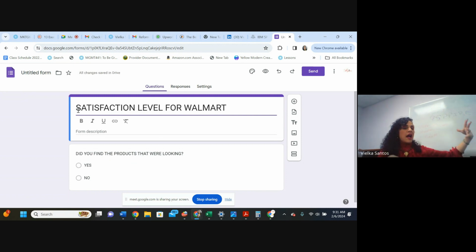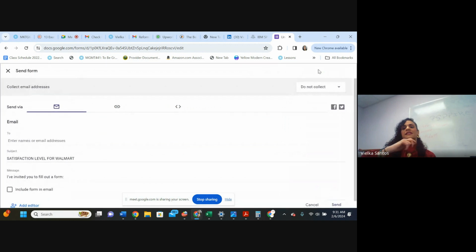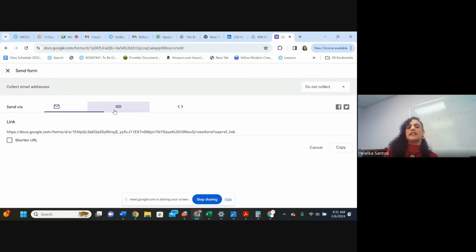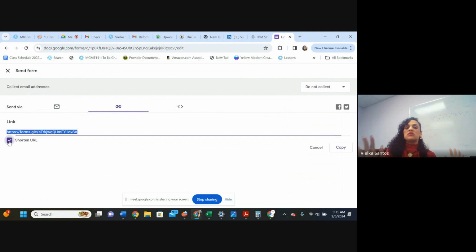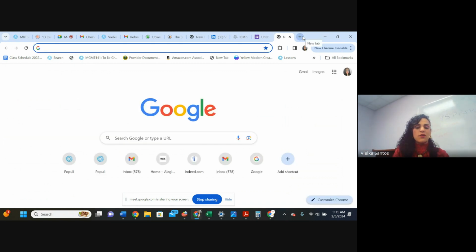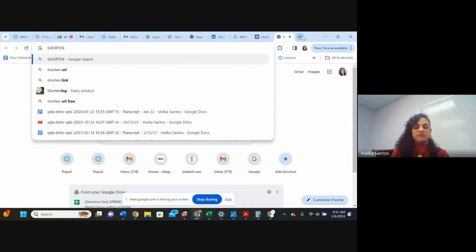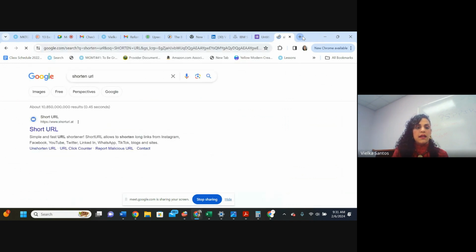But this is how we start to create a form in Google Forms, a $0 tool, and we can provide the link. Once we create our survey, we are able to send the survey. We hit the purple button, send, and then I click on the second option, which is the link icon, and then I usually do shorten URL. If you don't like this URL because you find that it's ugly, we can shorten the URL more than this. But I know I'm making a mistake here, but just to show you.